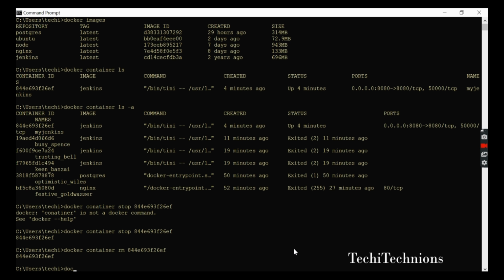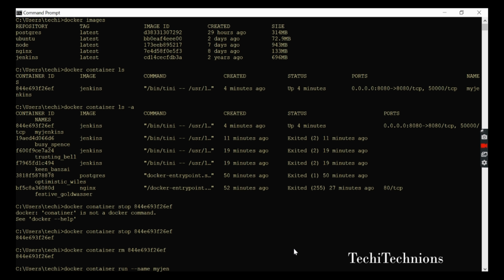So the command is docker container run. The name I want to give to this Jenkins, let's keep it my gen.